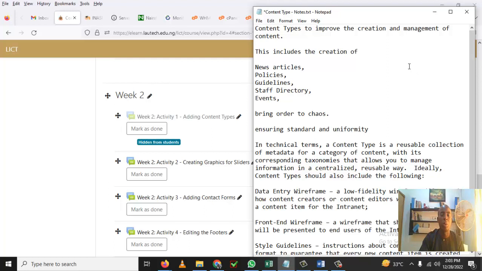We have a lot of content that we may want to add on our website. For example, you may want to be adding news articles regularly. You may want to be adding policies regularly. You may want to be adding guidelines. As we are producing them, we'll be adding them. Also, a staff directory, we want to be adding our staff regularly, or events, as we are having events. In order to bring order to chaos, we need to ensure standard and uniformity, and this is where content type